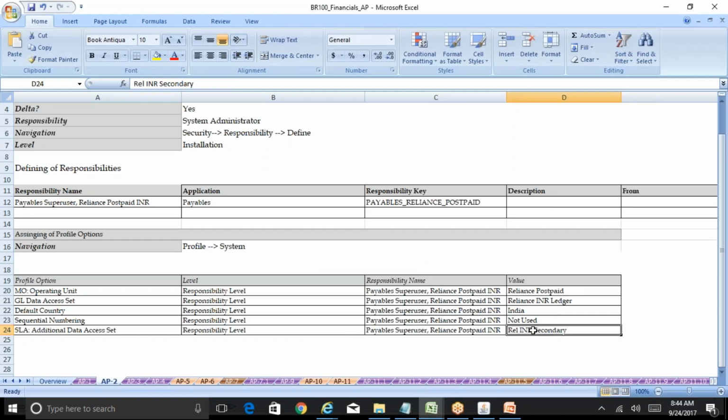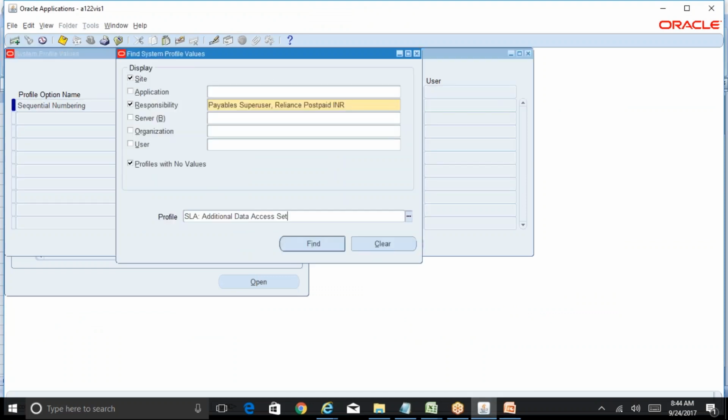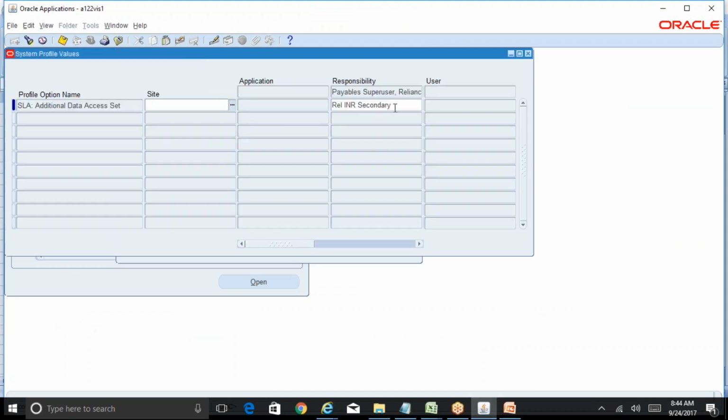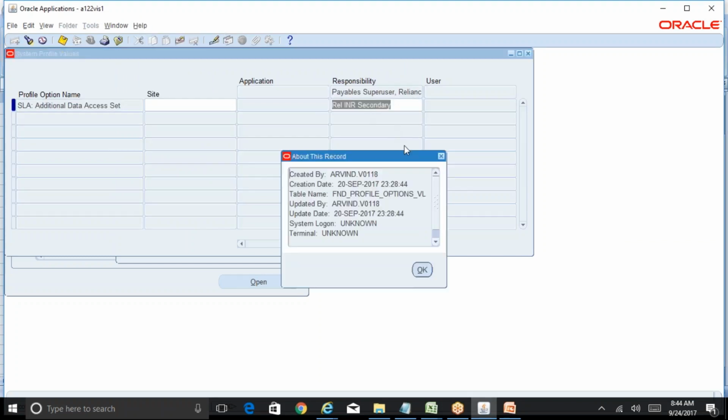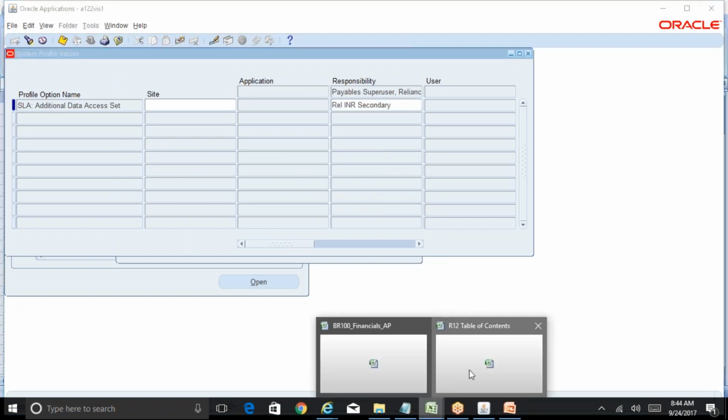If you do not assign this, it may throw an error message saying that you do not have access to send the data to your corresponding GL secondary. SLA additional data access set, and this is my profile option. So yeah, this is my secondary ledger name. It looks like I already assigned Reliance INR secondary. Okay,